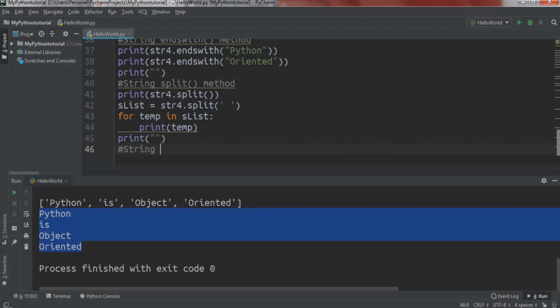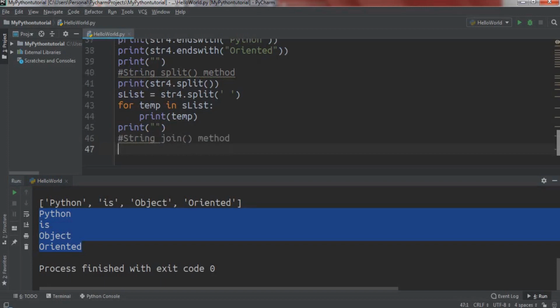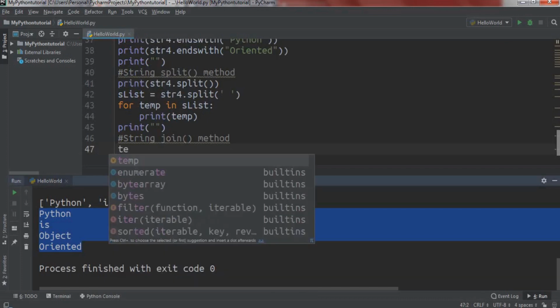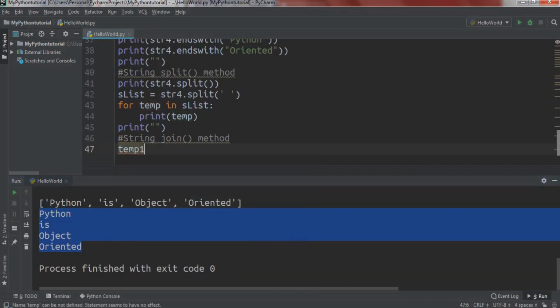Another method is the string join method. The string join method is a string method which returns a string concatenated with the elements of a table. For example,